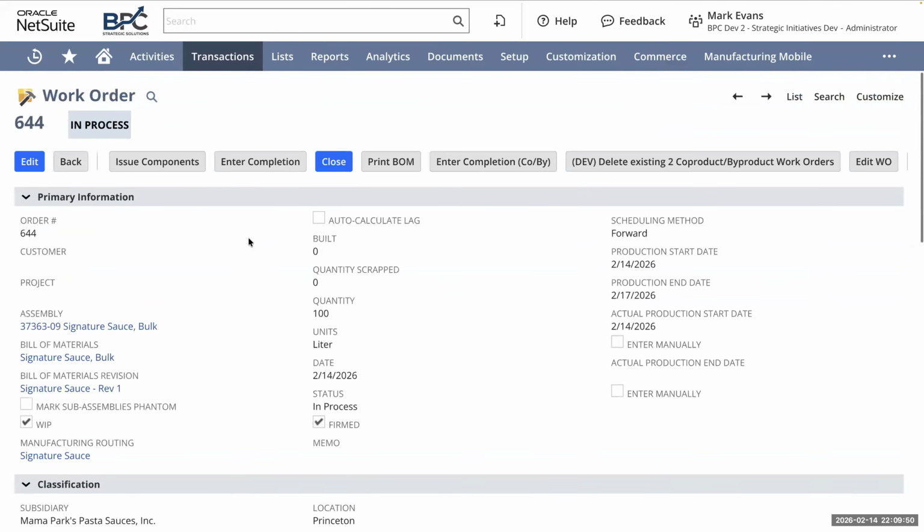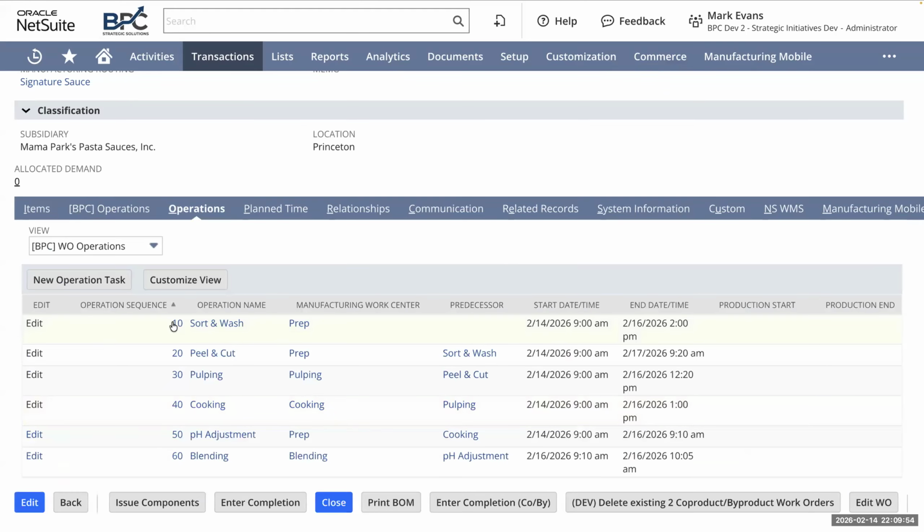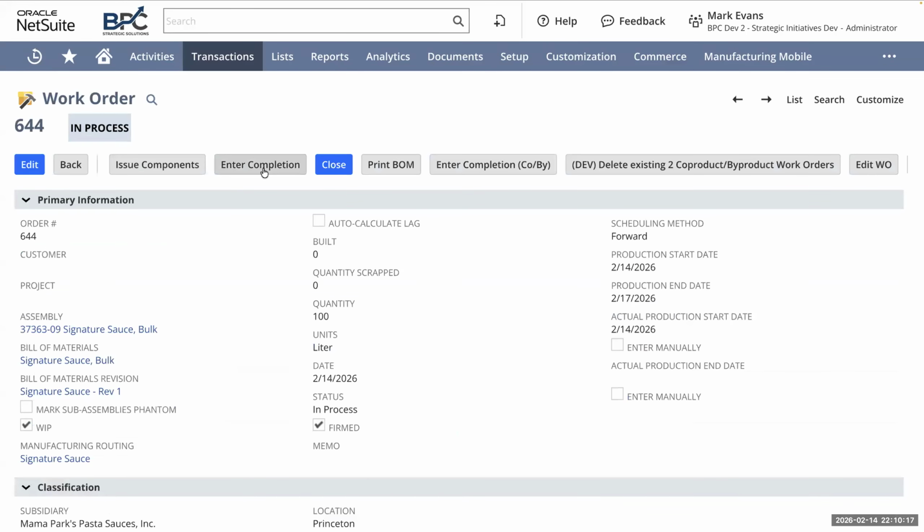So as I mentioned before, I have already done the completions for steps 10 through 50. And in that way, I have accrued. I did this in two completions. In reality, you could do one completion per operation step. You could have multiple completions per operation step. Whatever your process requires, that is fine. Those costs are going to accrue. And then when we do the final completion, that is when the solution kicks in. And we can see that